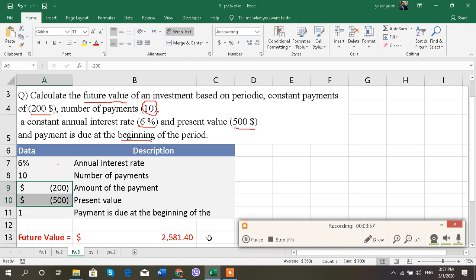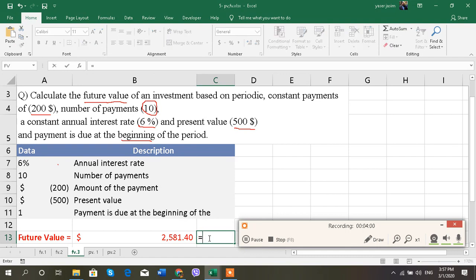Now how do we calculate the FV? I'm going to go here for equal FV, double click, open the brackets, and I can see, what do I need here? I need rate. You're not going to write 6%. This is wrong. You're not going to do it like that. Well, you're going to just click on this cell and that's it, because we're going to use cell reference here. Now after that, comma, this interest rate is in years and my payment is in months. So what do I need to do? Divide by 12, comma, number of periods is 10, comma,